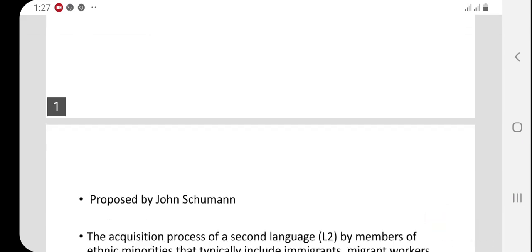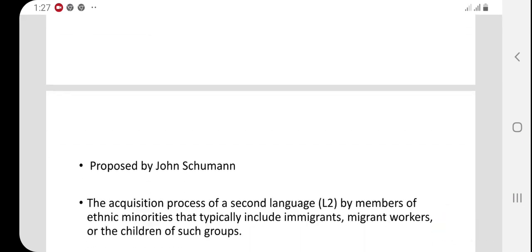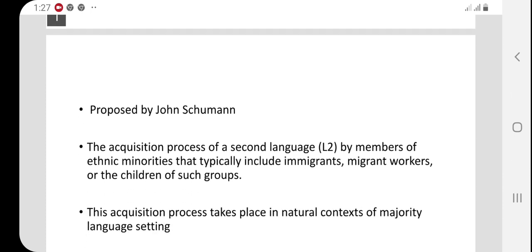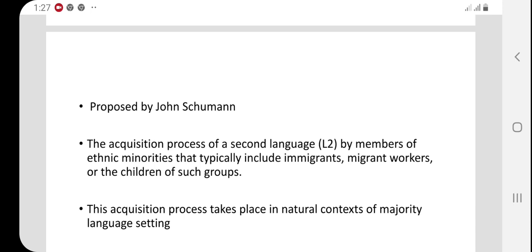In this lecture we will discuss another model of second language acquisition, that is the acculturation model. It was proposed by John Schumann. He talks about the members of ethnic minorities that typically include immigrants, migrant workers, or the children of such groups,